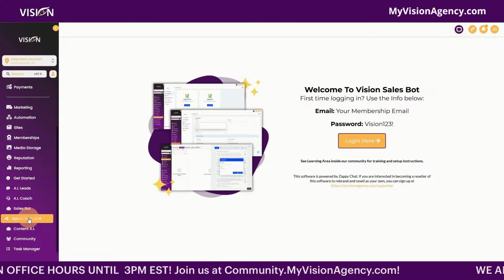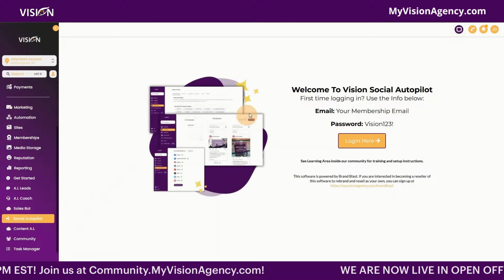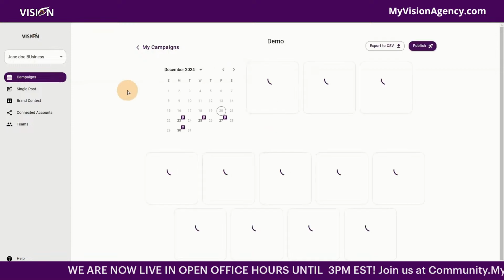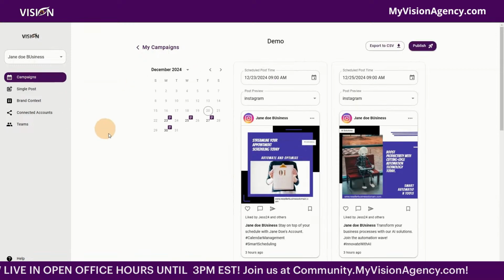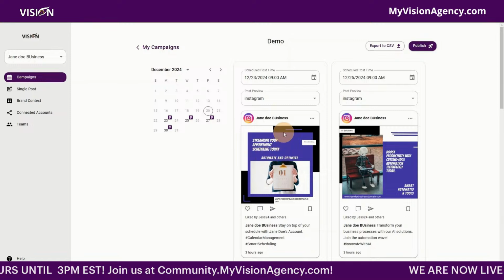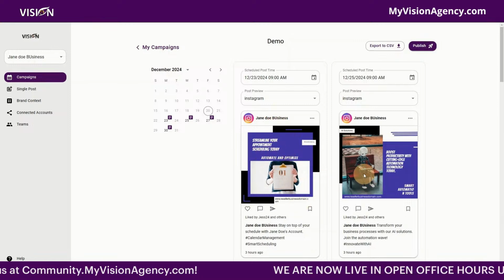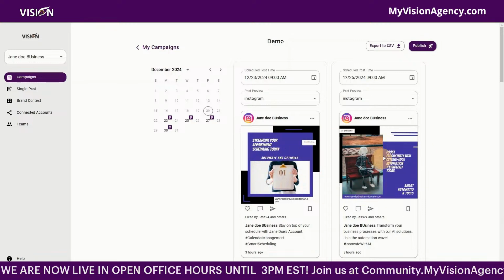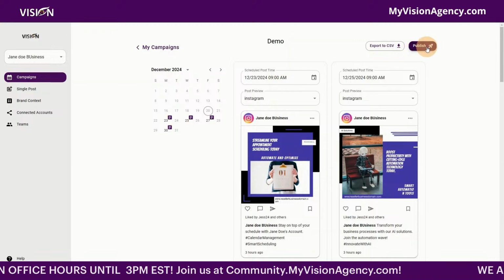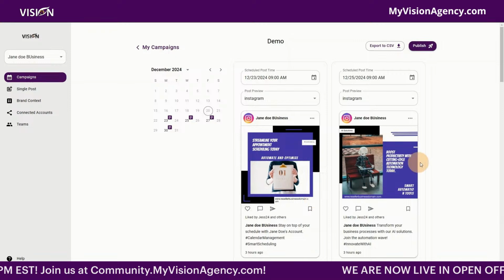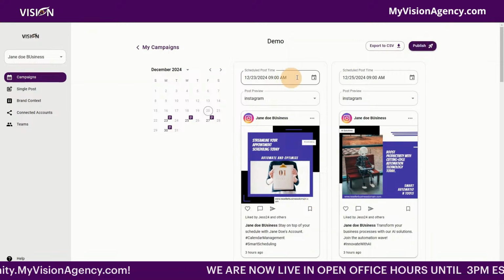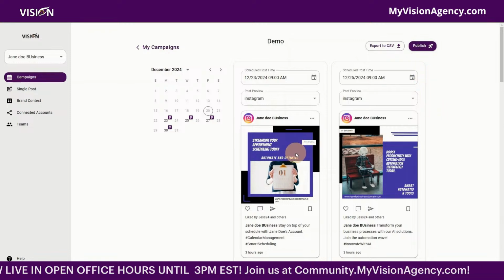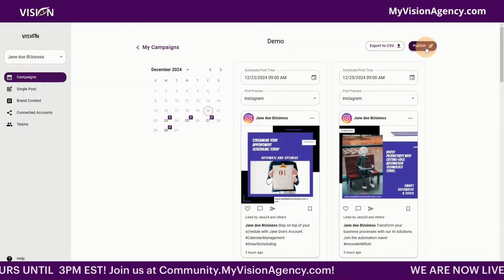Now, also in our program, I do have another white label software that is the social autopilot. What's cool about this tool is that you're training the AI for your business, with your brand colors and all that, and it allows you to create campaigns. It's going to pull in your brand colors, customize the images and the website, and if I agreed this was all good, it would publish to all of my different channels. So it's not just creating the content, it's actually creating the post, and then will automatically post to all the